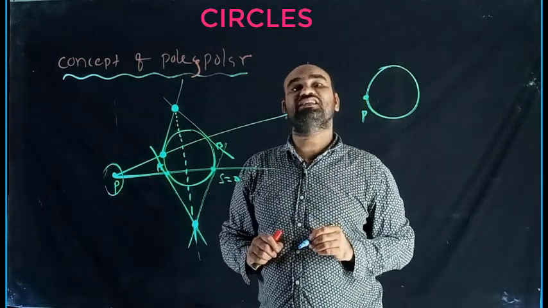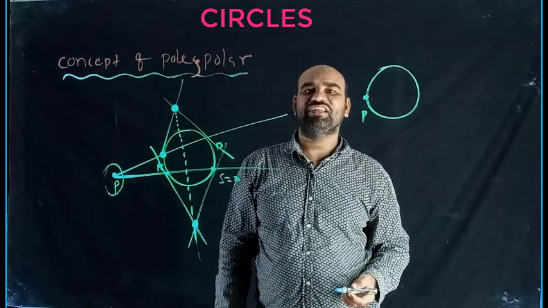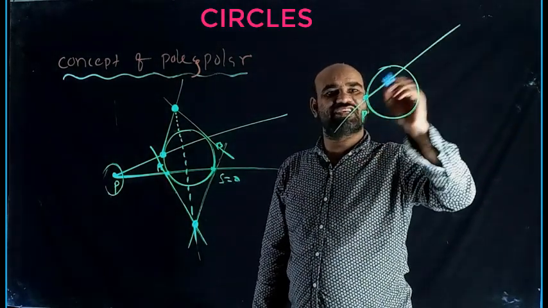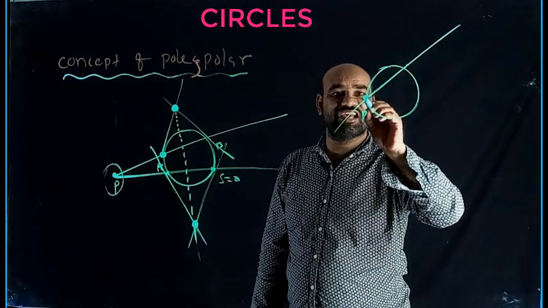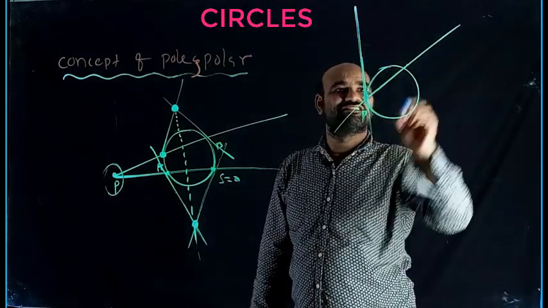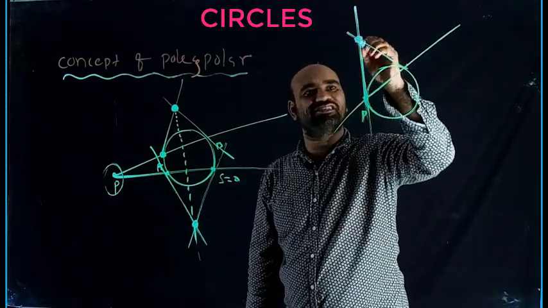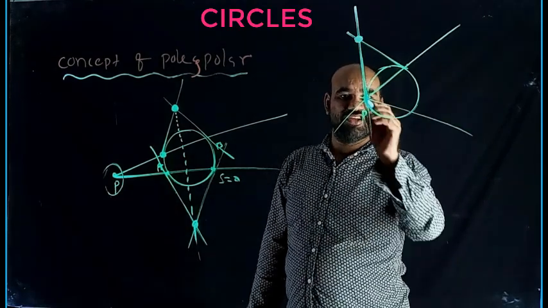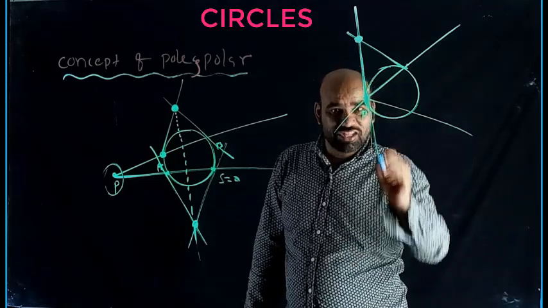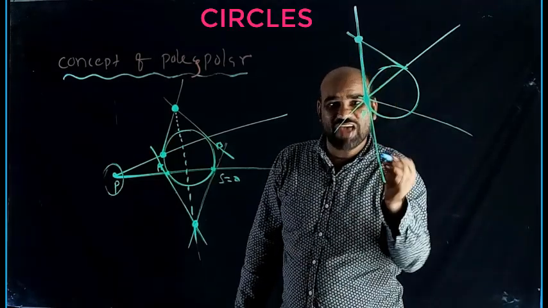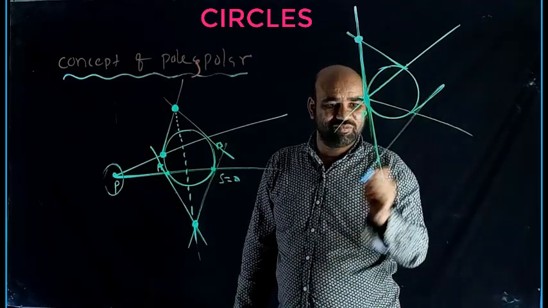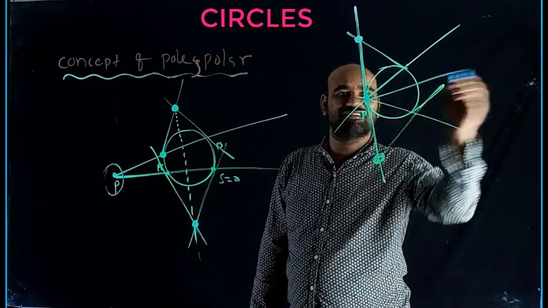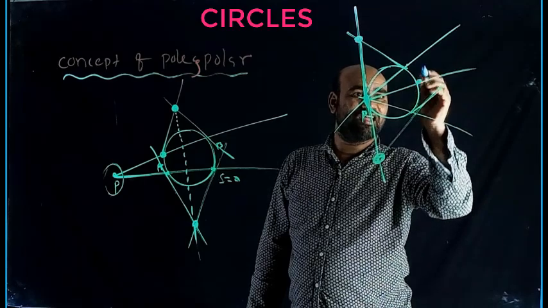How many secants you can draw? Here also you can draw infinitely many. So this is one secant. At the extremities of the secant, draw tangents. Here the tangent is this. Here another tangent. The meeting point is this. You can draw another secant. Through the extremities of this, the tangent at P is the only one; the position of this tangent is not varying. So this is another tangent. The meeting point is here only. Through this point, draw another secant. Through this point, draw another tangent.